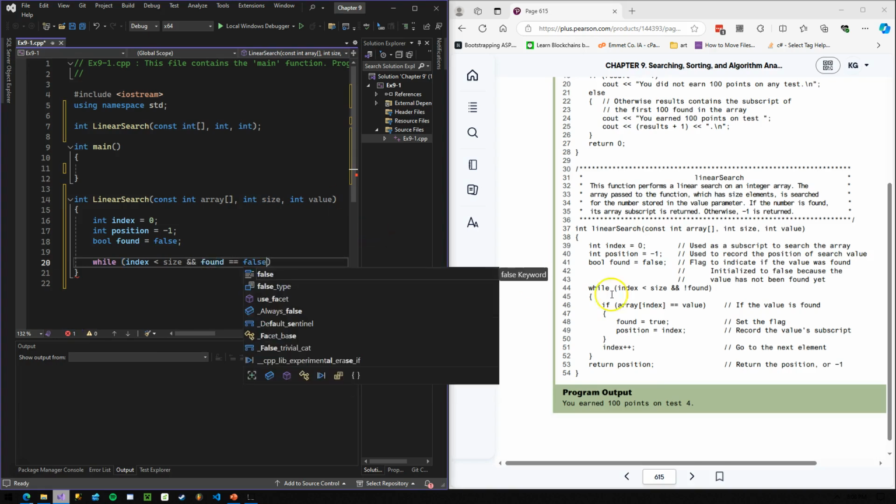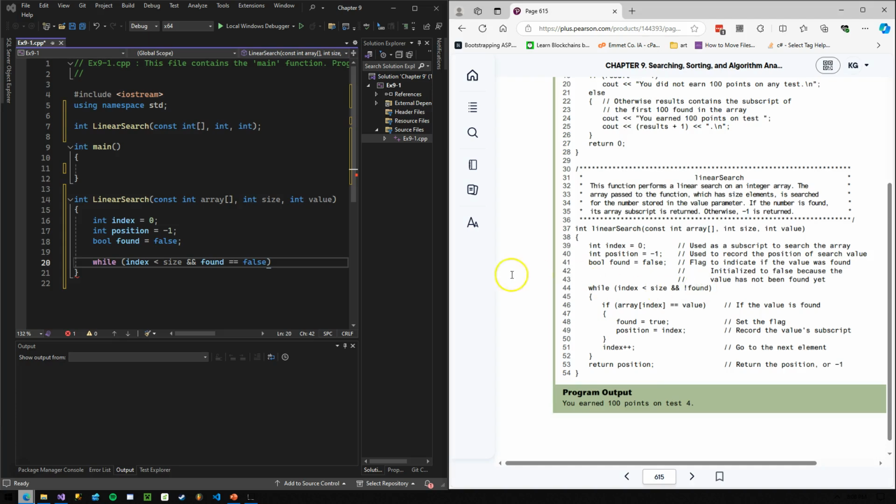If you look in the book, they have and not found. That is the same as what we're saying here. I used to be all about this not found syntax, but I find that found equals false is more verbose. And especially in an introductory programming course, I think we can just be very explicit about what our conditions are here. So if array at our index is equal to